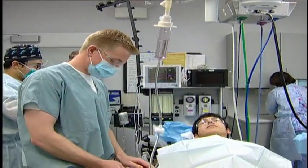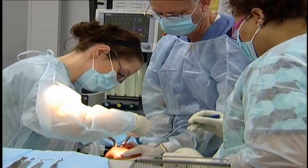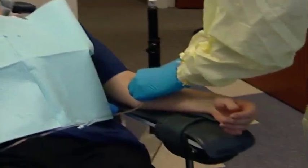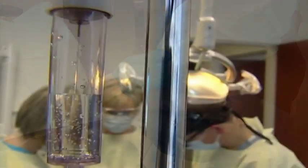They then spend 2.5 years in training perfecting their outpatient ambulatory anesthesia techniques, until by the time they are fully trained, they have more training in outpatient ambulatory anesthesia than any other specialty. The administration of anesthesia is an essential skill that oral and maxillofacial surgeons continue to perfect through a lifetime of continuing education, or CE. Oral and maxillofacial surgeons use a variety of anesthetic agents to ensure the comfort and safety